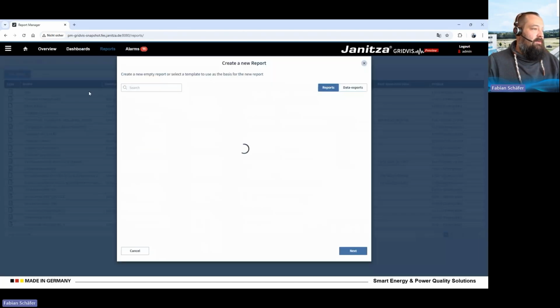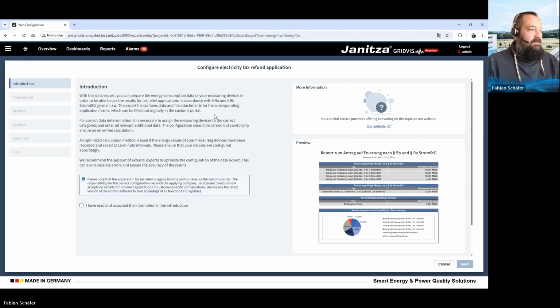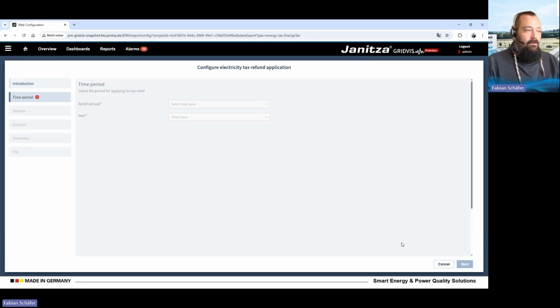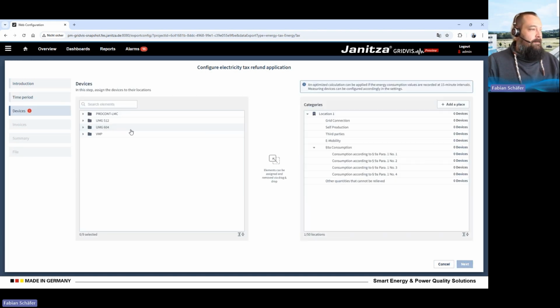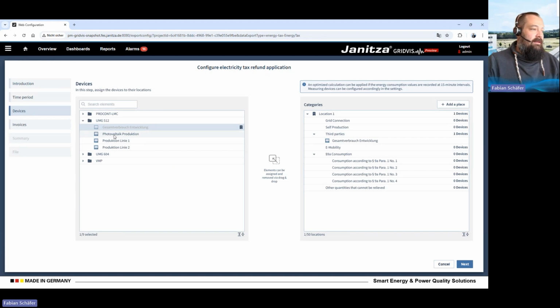So you can add a report, you can switch over to the data exports, you can open this tax report, and then you can quickly go through that configuration. You can choose a time span and year. You can go on by checking some devices. So you see here the devices, and you align them with